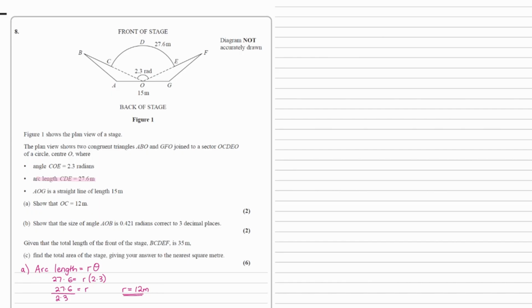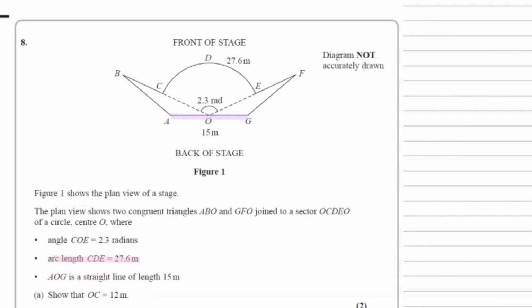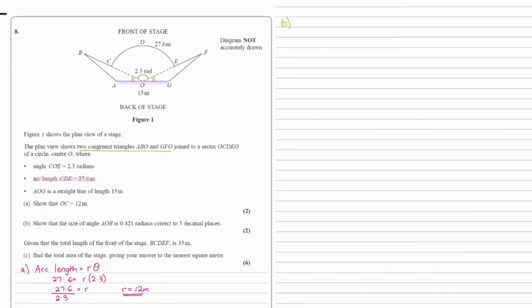Part B says show that the size of angle AOB is 0.421 radians, correct to 3 decimal places. So for part B, we know that this is a straight line angle, which is equal to pi radians. And we know that the two triangles ABO and GFO are congruent, which means that this angle here is going to be the same as this angle here. Therefore, for part B, we are going to do the straight line angle, which is pi, take away the 2.3 radians, and divide this by 2 in order to find angle AOB. When we do this, we have to make sure that the calculator is in radians, and if we work this out, we will get an answer of